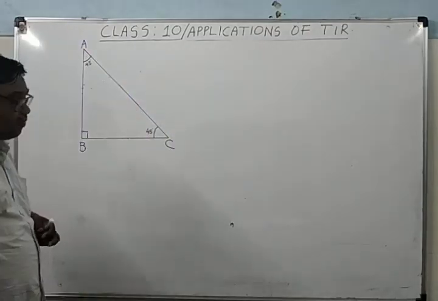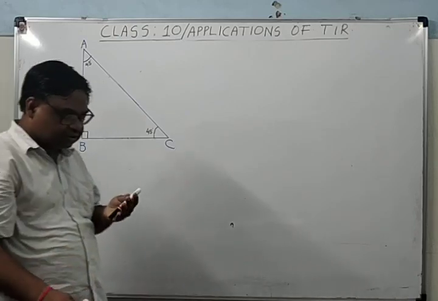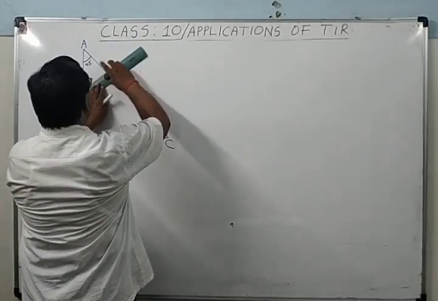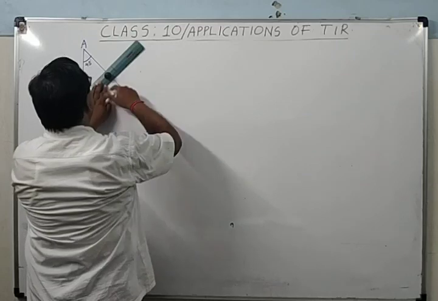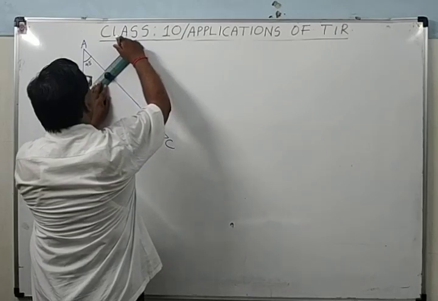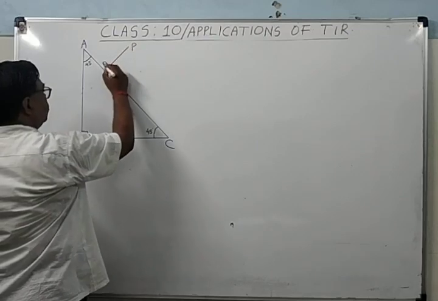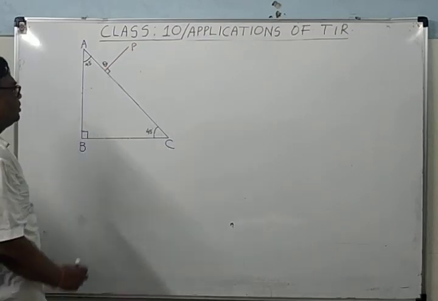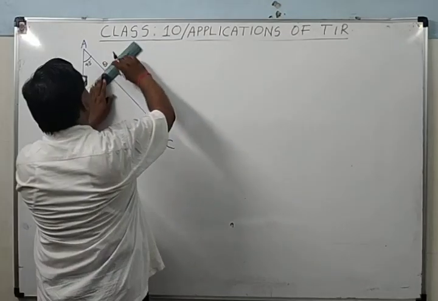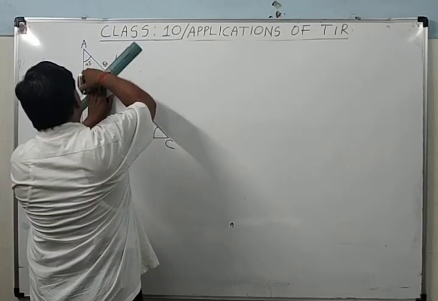Now suppose the ray of light is falling perpendicularly to the AC. In that case, what will happen? If it is falling perpendicularly to the AC, once it falls here, it is falling this way. This is P, this is Q, falling perpendicularly to the AC. What will happen? It will pass undeviated as it has passed in the previous case. It's clear? It will pass undeviated here.